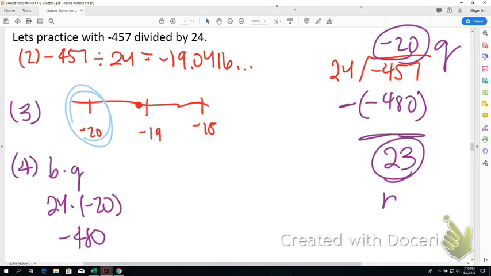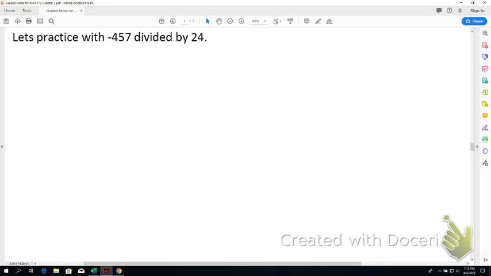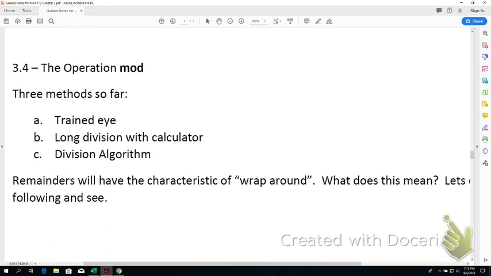Okay, so we just have a few more sections to go over. As I said, in the previous one, the long division with the calculator, when A is negative and you get that negative Q, if you think of a number line, you have to think what number is to the left. That's the number you want for Q. Okay, so if we continue on, in the next part, we're going to talk about a section for the operation mod. And you might wonder, what about the operation div? Well, it's not as important. Mod is a lot more